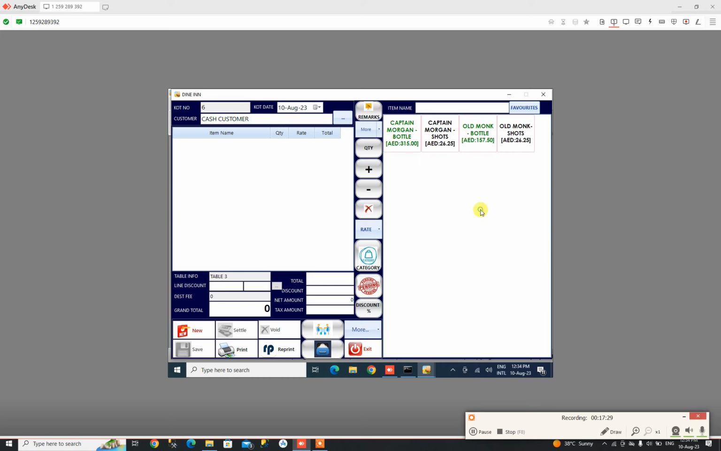So I choose rum. When you select the rum category, all the items under rums will come here. You can choose like this, click here, click here. Added items will come here. If you have more quantity, just keep clicking on the item, or you can click here plus, or if you want to remove, minus, or if you want to completely delete this item, you